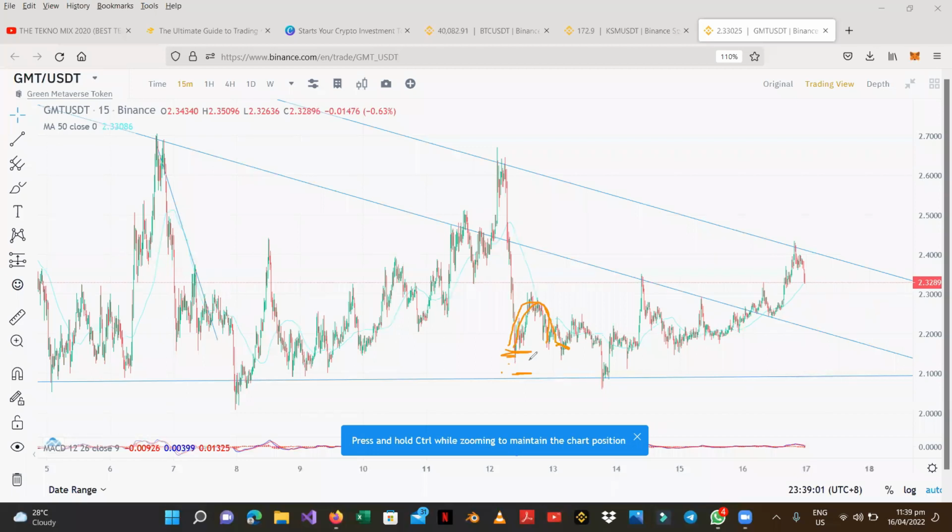Actually here, this is only here now, you can confirm that this is like a double bottom. Then at this point here, it's a breakout. If you see, whenever there is a breakout, there's always a huge pump. At this point now, there is a breakout. If I trade this with a bullish engulfing on breakout, you will see that my next step